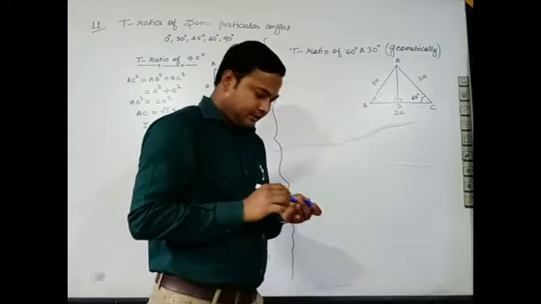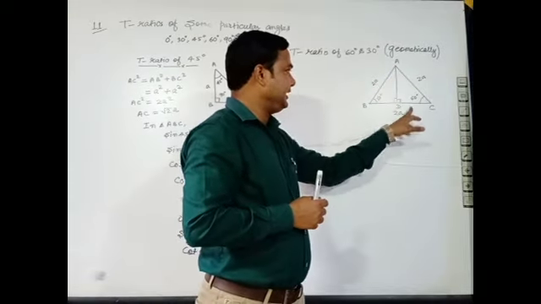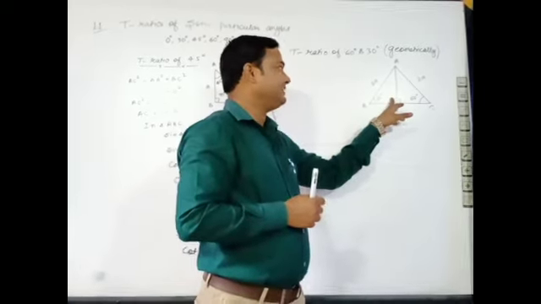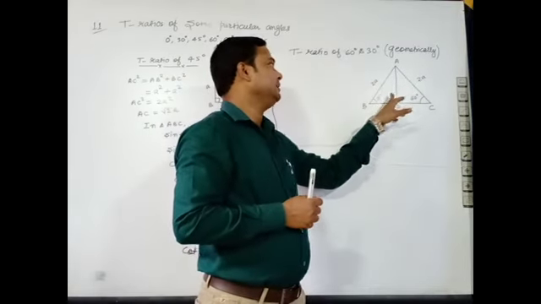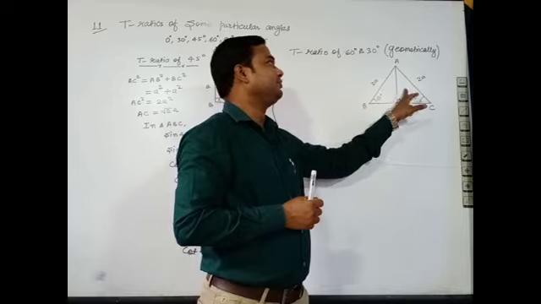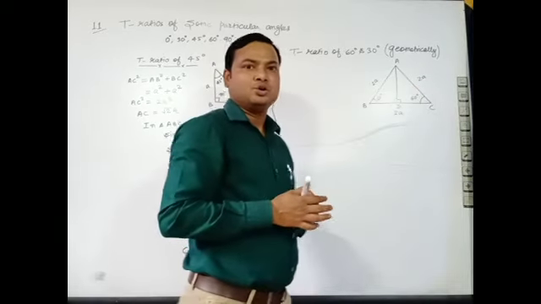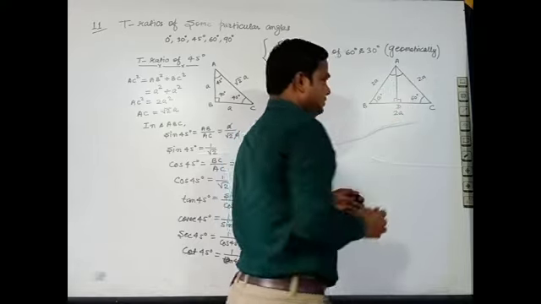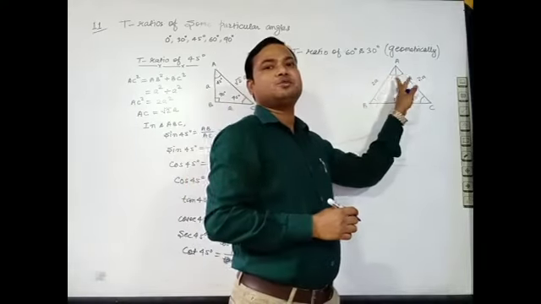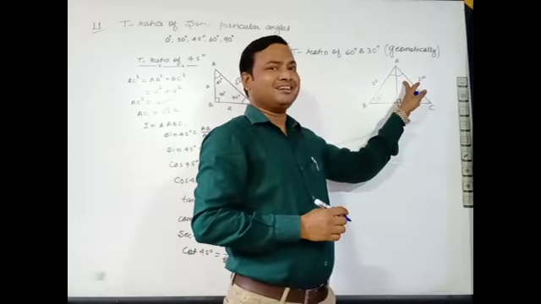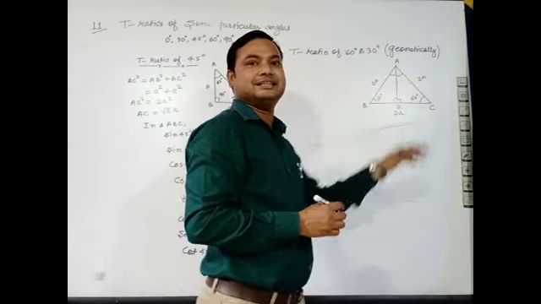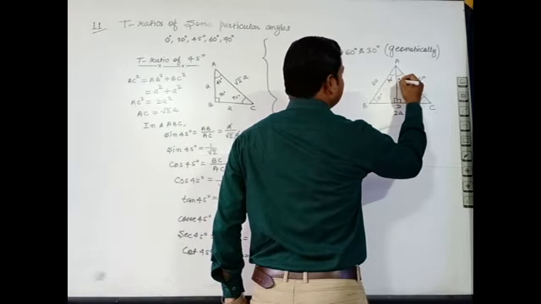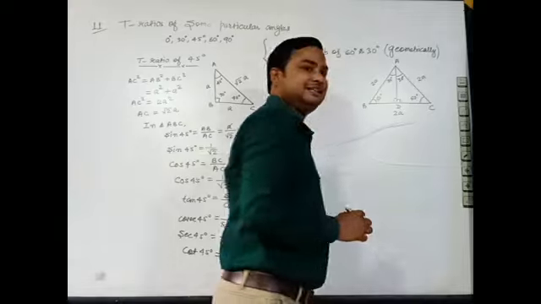Now look, these two triangles ADB and ADC are congruent by right angle, hypotenuse, side. Then this angle is equal to this angle. We know that if two triangles are congruent, then their corresponding angles are equal. It means whole is 60, then half is 30 degree. This one is also 30 degree.